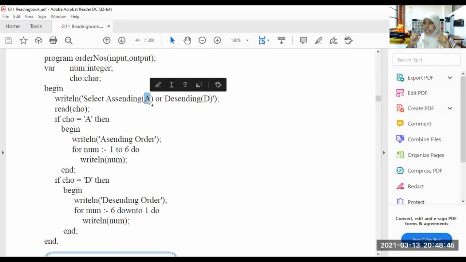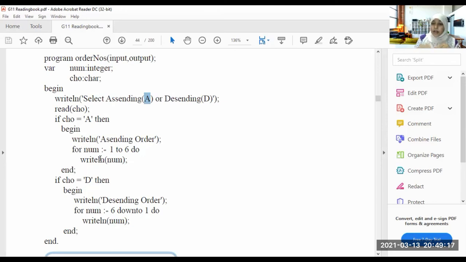So there are two selections right here. Select A or D. Read cho. Now I am giving the cho. I am giving the character, A or D. For example, if this cho equals A, then I am telling the program, then begin, writeline ascending order.